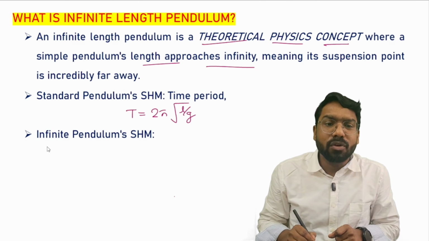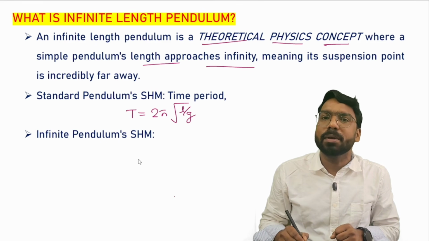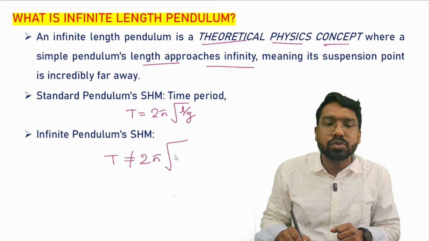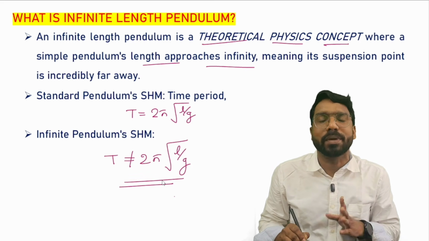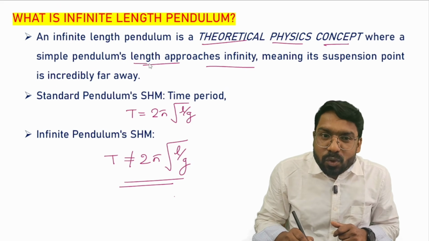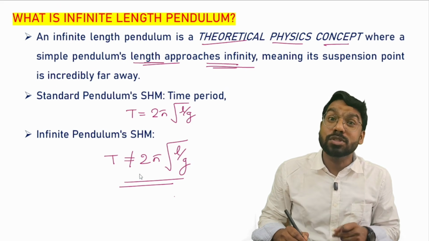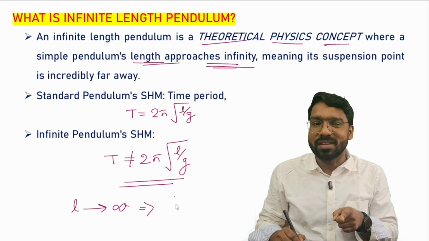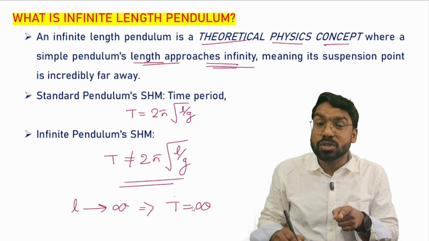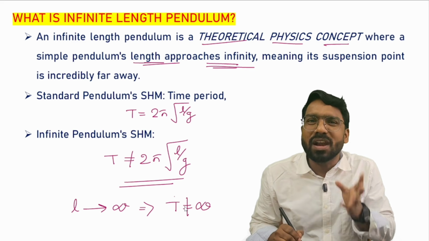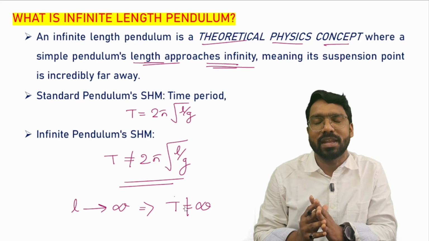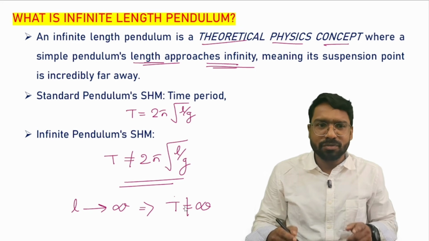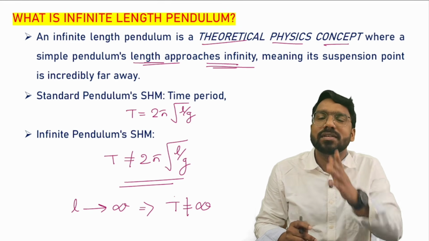For an infinite length pendulum, whose motion is SHM, the time period is not equal to 2 pi root L by g. We can't use that formula when the length is infinity. Some students may think L is infinity, so the time period should also be infinity. That is also wrong. Then what will be the time period of an infinite length pendulum? This is a theoretical concept, but we can prove